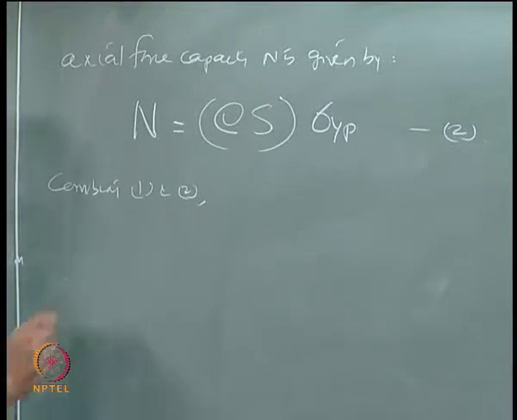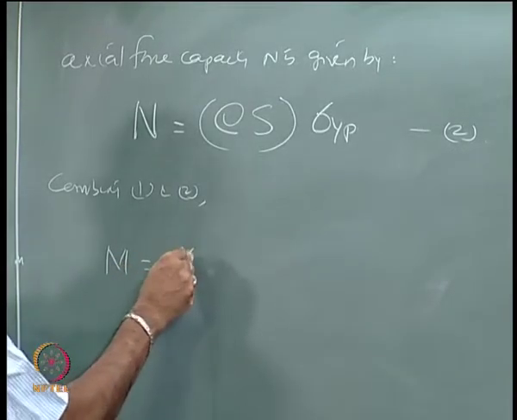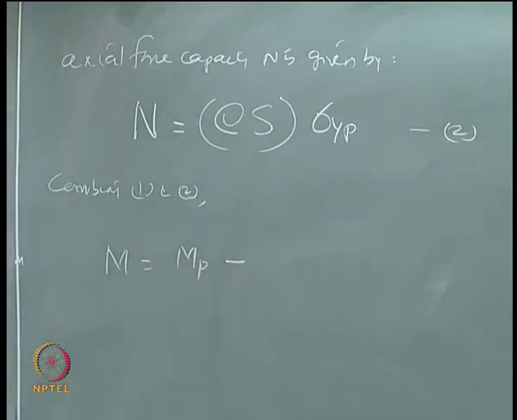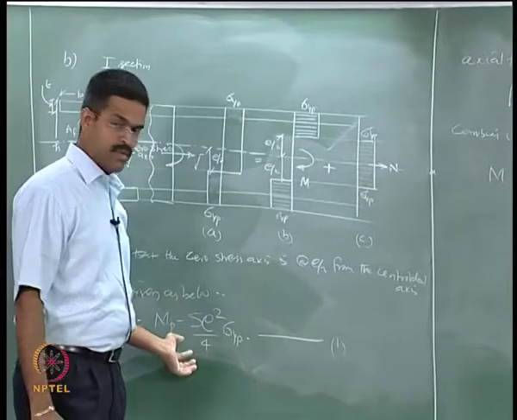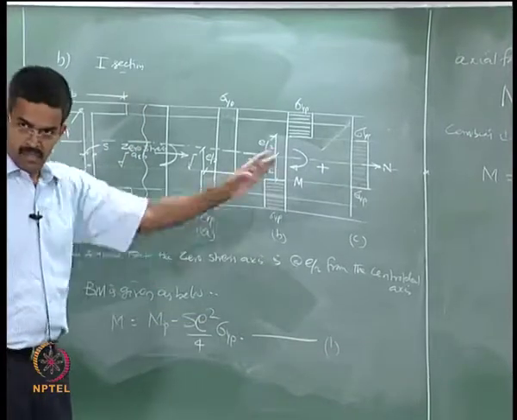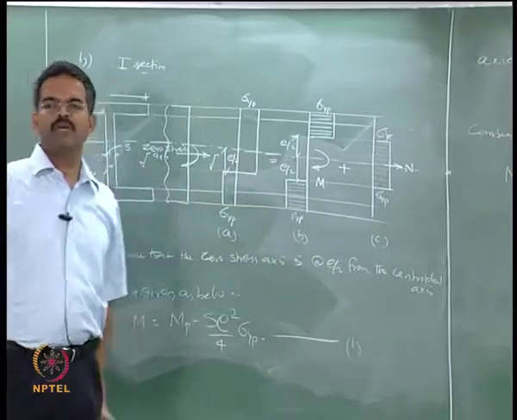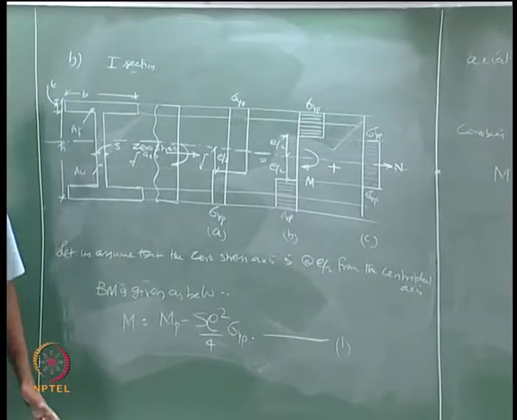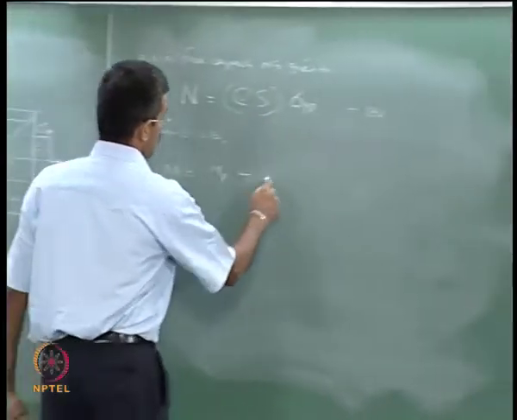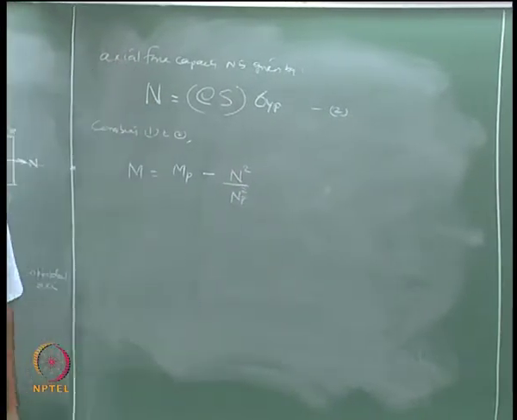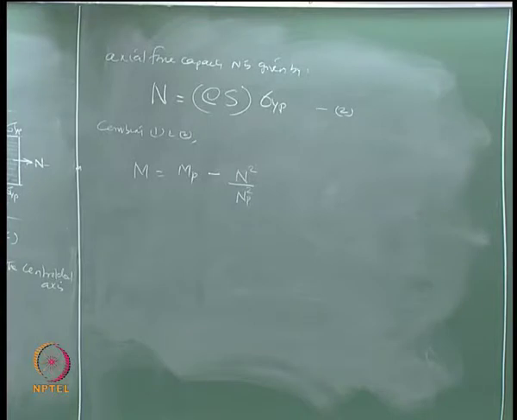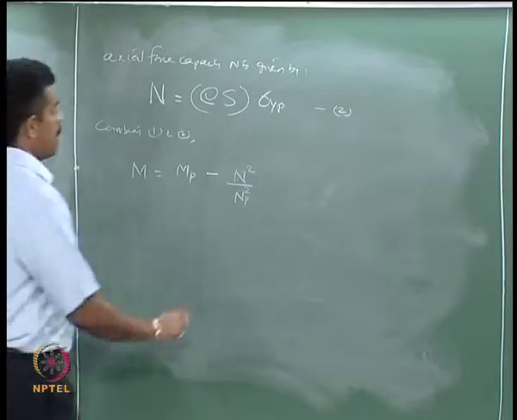M is given as MP minus... So, I have ES sigma yp in terms of N here. I am going to substitute that here because I have ES sigma yp here, and do some mathematical manipulation. So, after doing that I write this as N square by NP square. NP already we have, it is nothing but A into sigma yp. So A by A